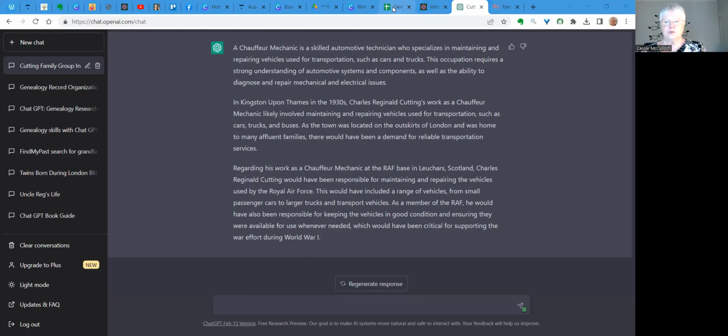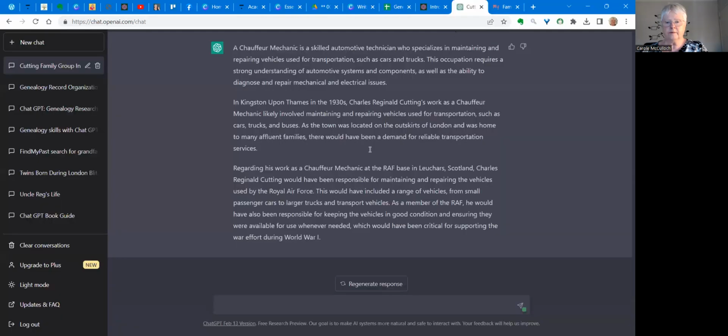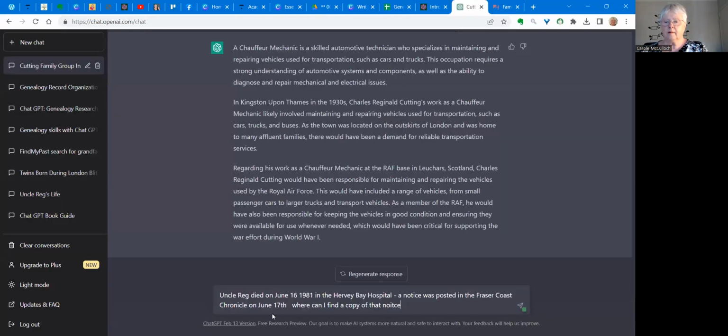One last prompt to put in place for this story about Uncle Reg. This time it's about his death, and I found the record to say that he died in Queensland, but I have not been able to find a copy of that notice in the newspaper. So I would like some help on that. I'm going to ask ChatGPT how to help. Paste that in and ask it to